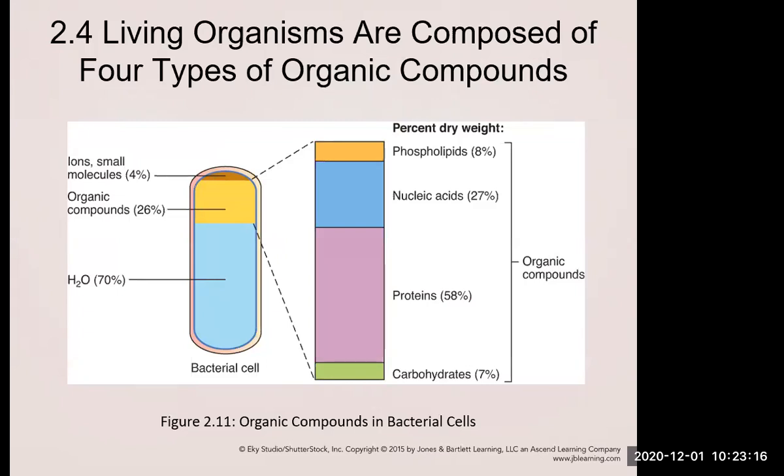Where do we have phospholipids? In the cell wall. Yep, so in a bacterium, we're going to call it a cell wall. In a human, we're going to call it a plasma membrane. So in that outer membrane of cells, all cells, they're going to have a double layer of phospholipids. And I don't think I have an image here, but once we get to phospholipids, RNA, right, it's the code of life.